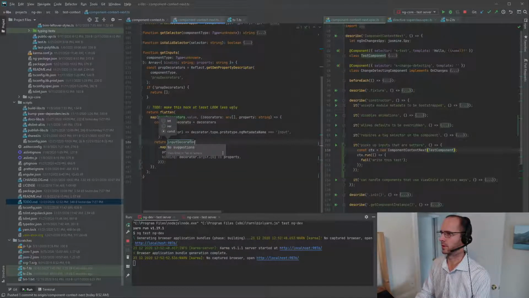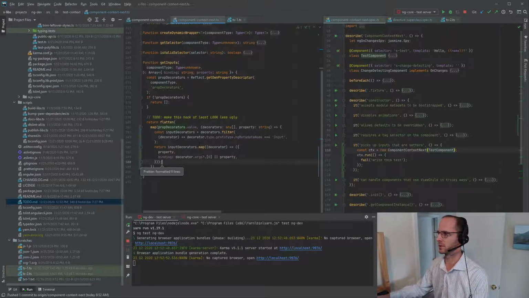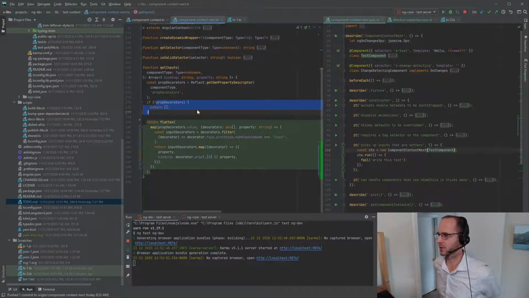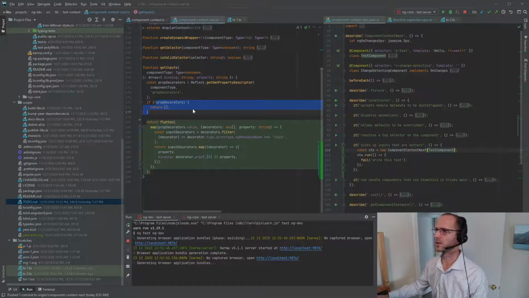Input decorators. So we've filtered it down to just the input decorators. Oh, look, it's already so much better. And then we map that to, there. Oh, you know what? We can get rid of this whole special case too, and that'll help tighten this up a bit. All right, so let's